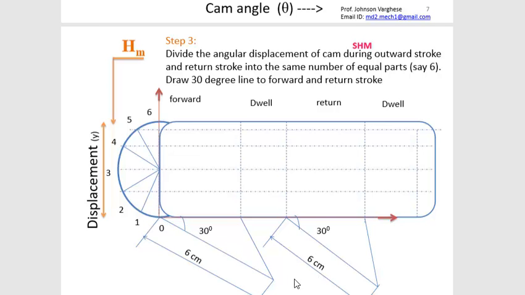I draw an inclined line at 30 degrees and divide the length of the inclined line into 11 centimeters. I can do it easily for this also. Divide the inclined line, or you can just mark 1 centimeter gaps of this return stroke and draw vertical lines. So my idea here is to divide this particular forward stroke compartment into 6 equal parts, and that's why I'm using this inclined line 30 degree technique.